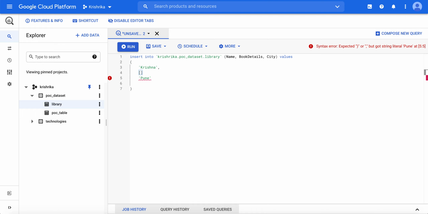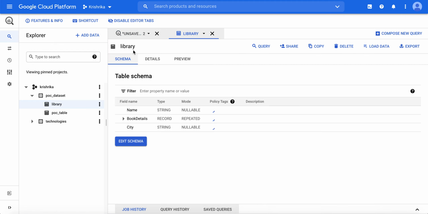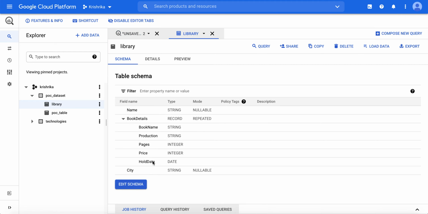And inside this array we have to mention the struct. What is struct? Struct is nothing but the record type. Inside this struct you have to mention all the fields which are nested fields of book details. If you don't know, just open the schema and see what fields are required: book name, production, pages, price, and hold date. You have to mention all of them.